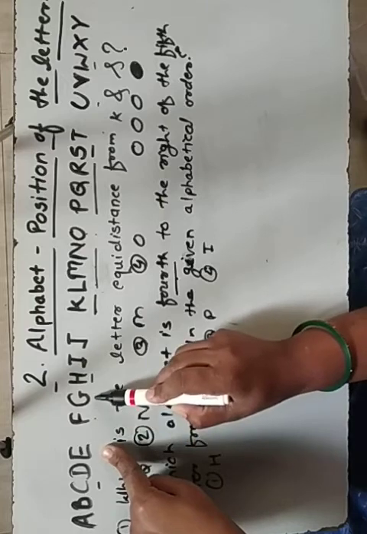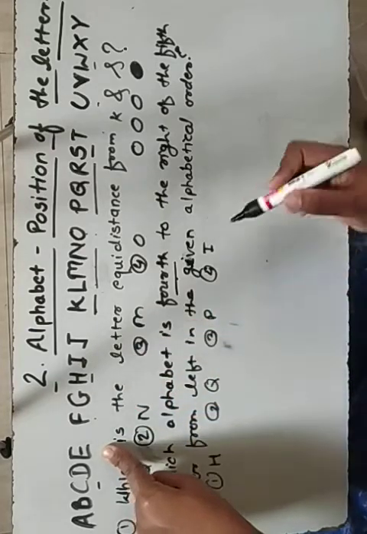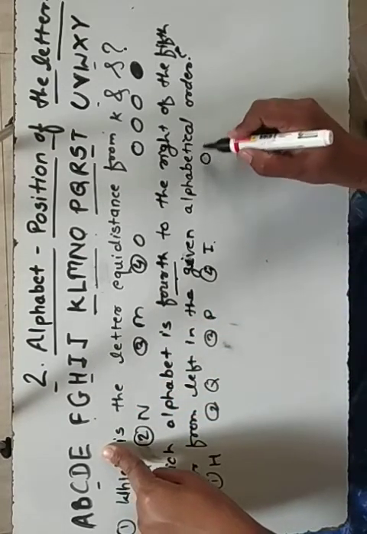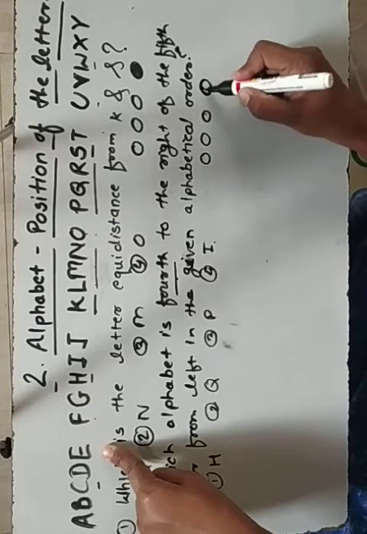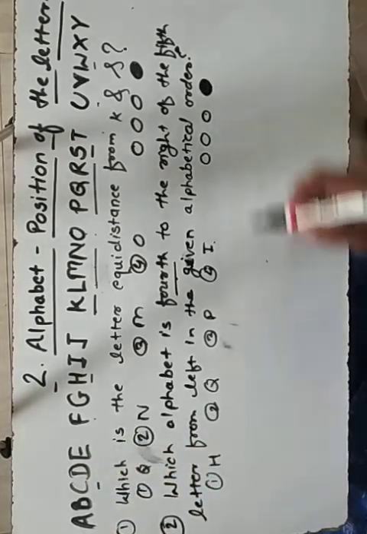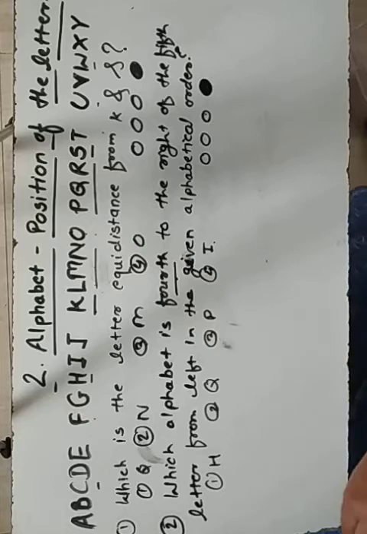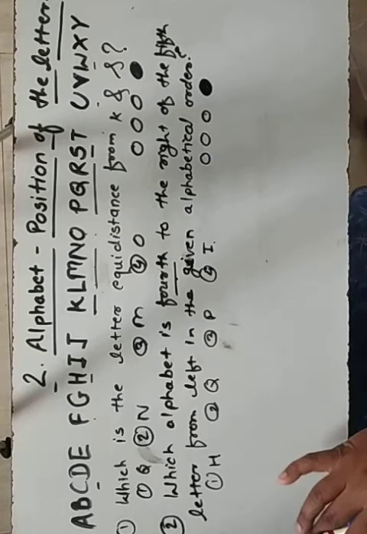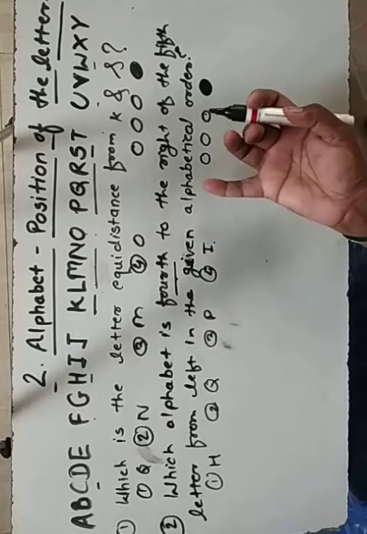1, 2, 3, and this is 4. So the option is I. So this is the fourth option we have to circle from here. Okay. Then sometimes they will ask only questions like, which is the fourth